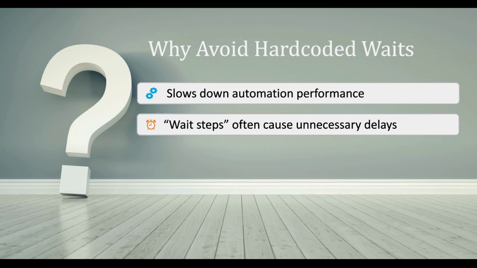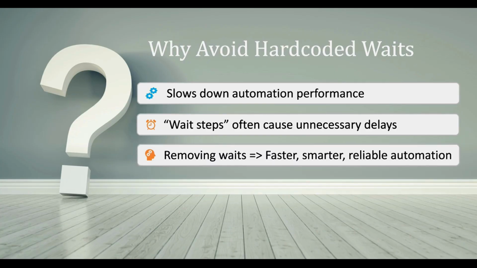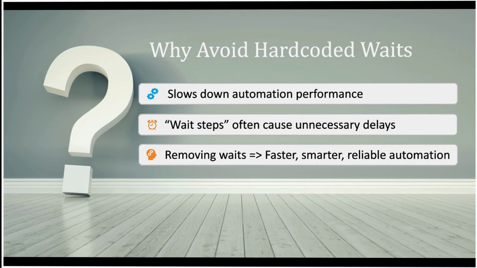Certify constantly checks if the browser completes loading the page using a busy check feature. This serves as an intelligent, dynamic wait. The wait steps not only slow down automation but also significantly reduce overall efficiency. By eliminating these wait steps, you can transform sluggish workflows into high-performing ones. Adopting these best practices ensures that your processes run faster, operate more intelligently, and deliver more reliable results.